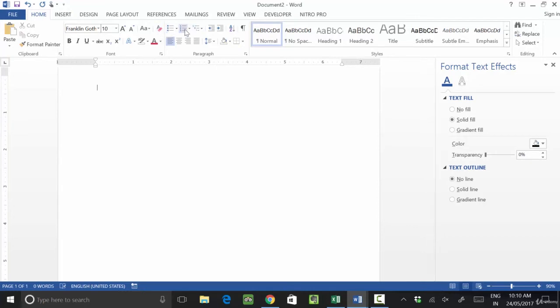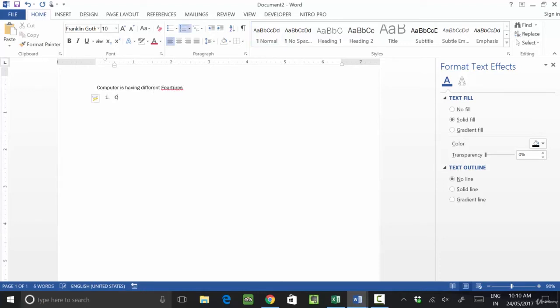The first option we have is bullets and numbering. For example, I am writing some particular text in my file. Computer is having different features.